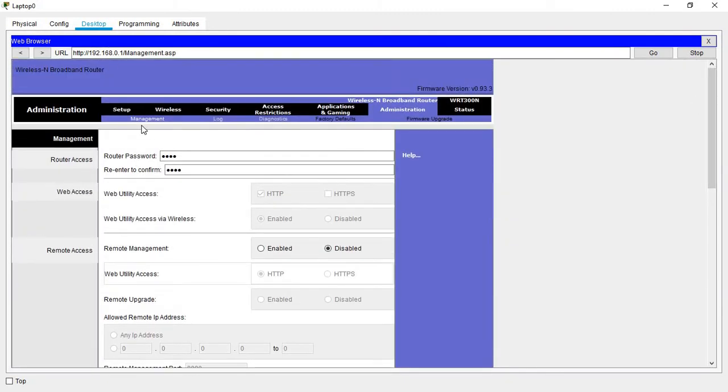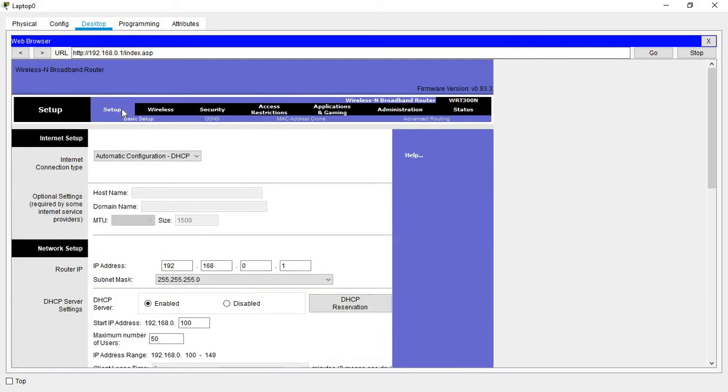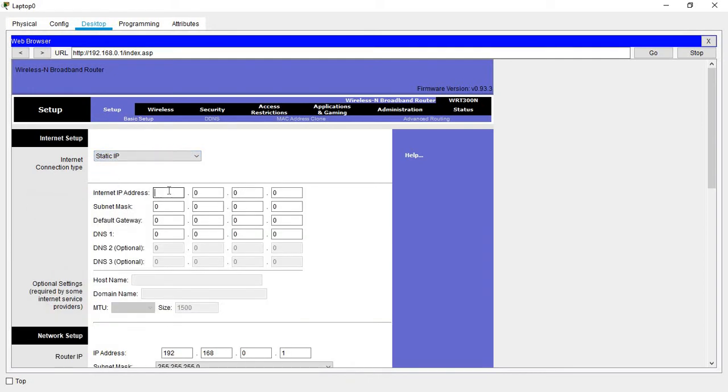So now let's come to the basic setup. As I've mentioned earlier, this router comes with two interfaces, the LAN side and the wireless side. So the internet type. Let's just look at the internet connection type. For this, it's always advisable to make the internet connection type static, because a dynamic one is going to change. So now let's take static and then make